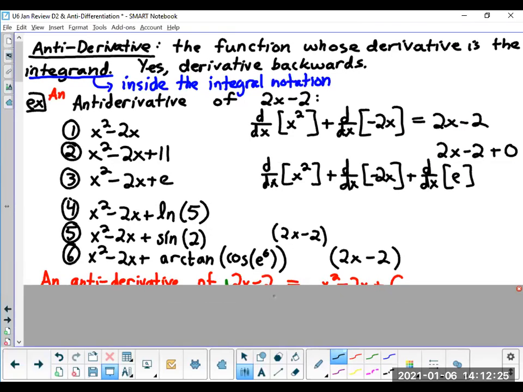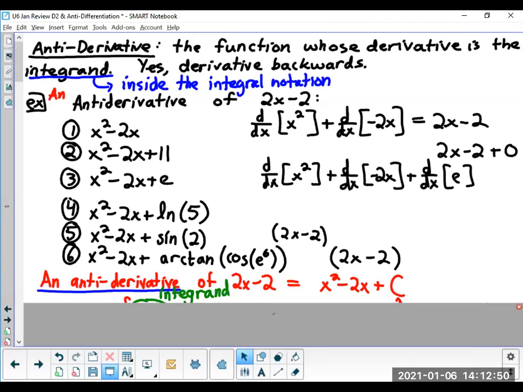And please recognize that this is brand new mathematics to you. And when you do brand new mathematics of sufficient difficulty, it's going to take a little while just to get used to it. So having these different ideas about antiderivatives is going to be important because that's how we actually answer questions. So we looked at a single problem yesterday, specifically 2x minus 2, and I gave you 6 sample